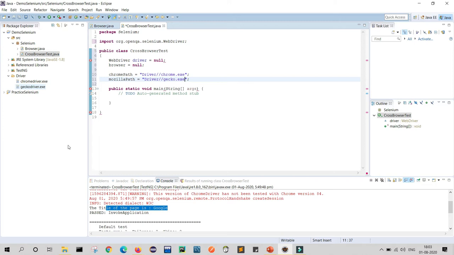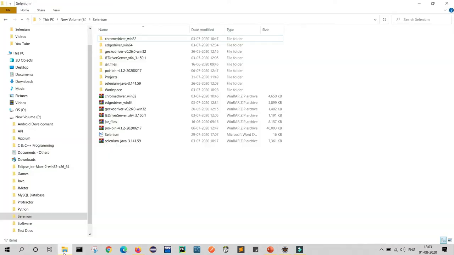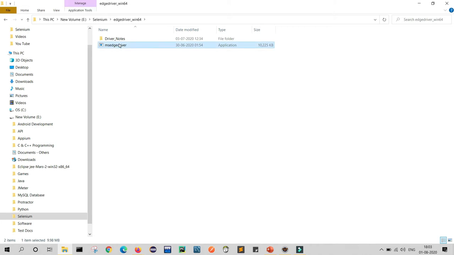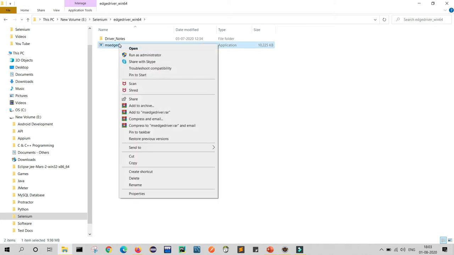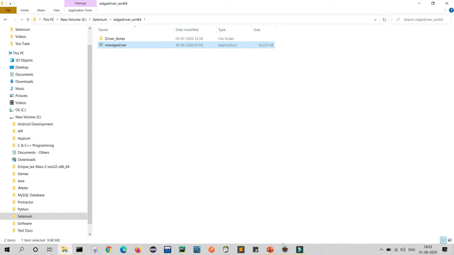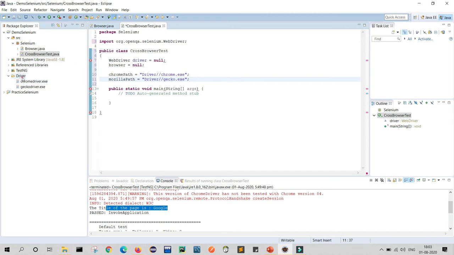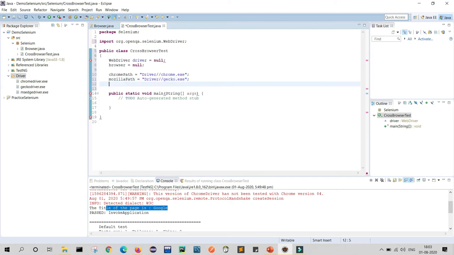Here I will add one more driver, of Microsoft Edge. So I will go to my folder where I install all the drivers, and here I will just copy this. Today I will show you for three browsers, and go to drivers here, right click and paste. So my third driver is here, of Microsoft Edge. So I will do it for the third one, Edge path equals to